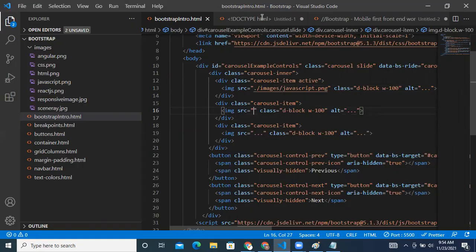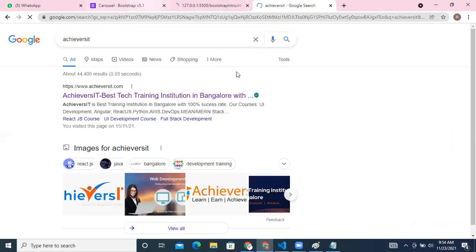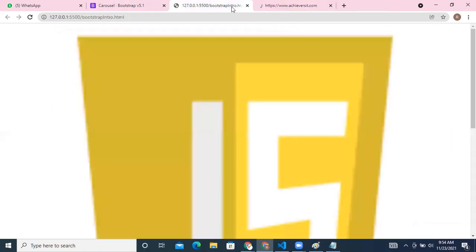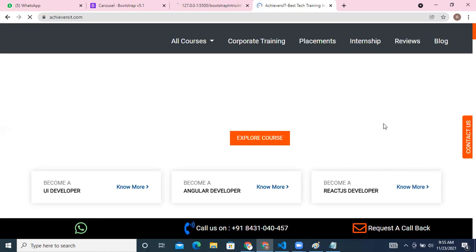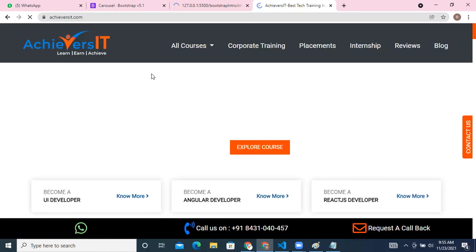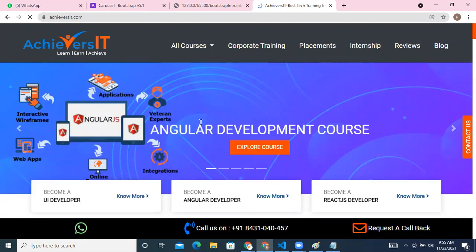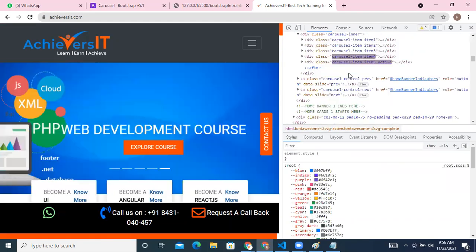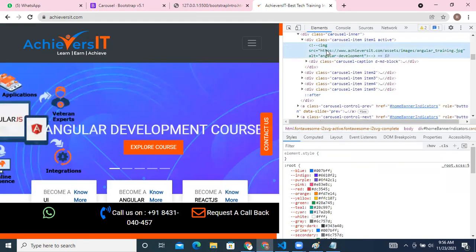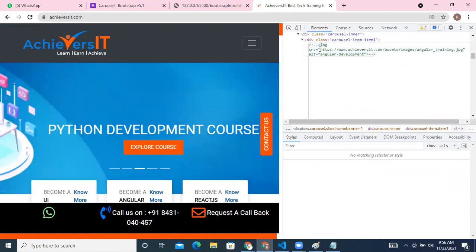Or see, I'll go to Achieva, to the carousel, where it keeps changing, right? Now I'll do inspect. I'll take this image. So this is the image I'm taking.